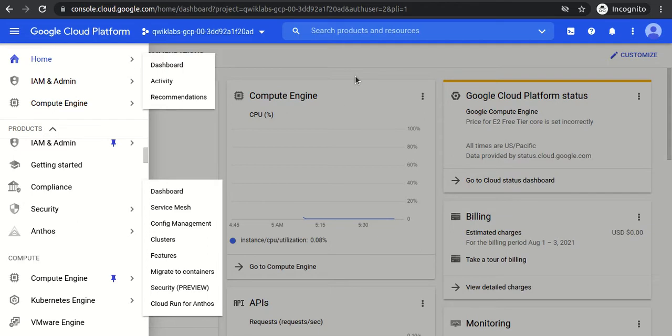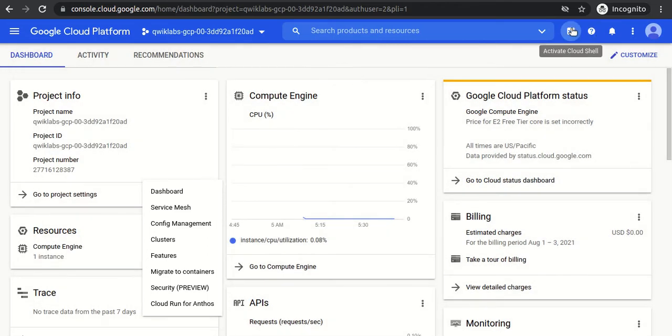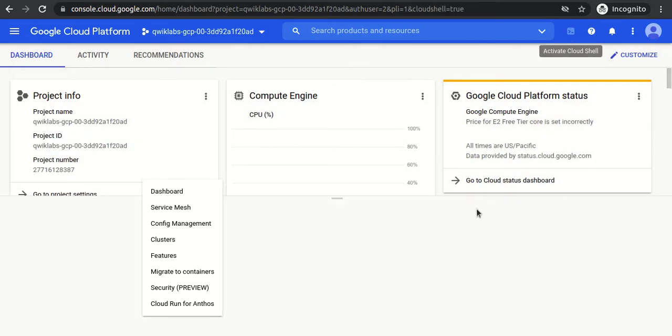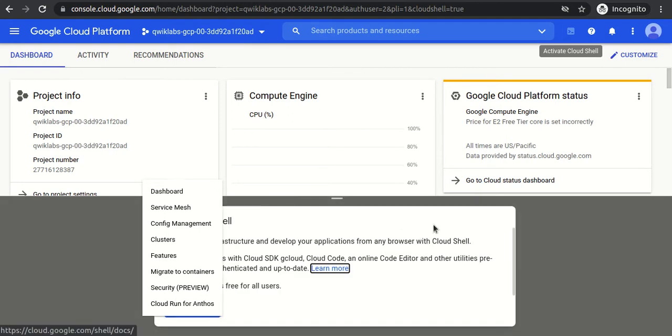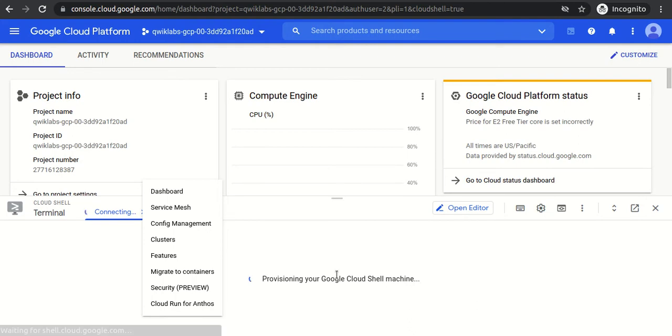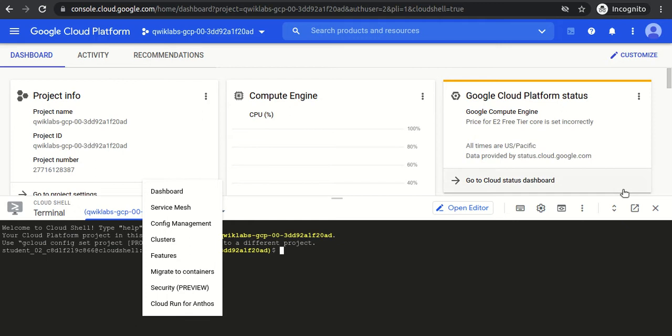And as part of this lab, they have used the command line, but I will show you both ways, the command line as well as the console, how to create the service account. So first, let's do the command line which is mentioned in the lab.